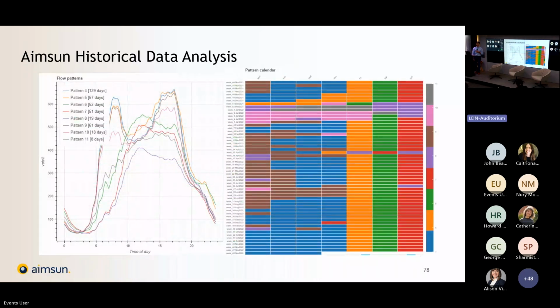Then we'll use AI to derive meaningful insights from those detectors. So here we've actually extracted traffic patterns from the detectors. These are patterns used in the traffic industry to depict how the traffic behaves on a given day. And these are emergent patterns from the data, and then we can actually overlay those onto a calendar year, onto a calendar for the entire year,